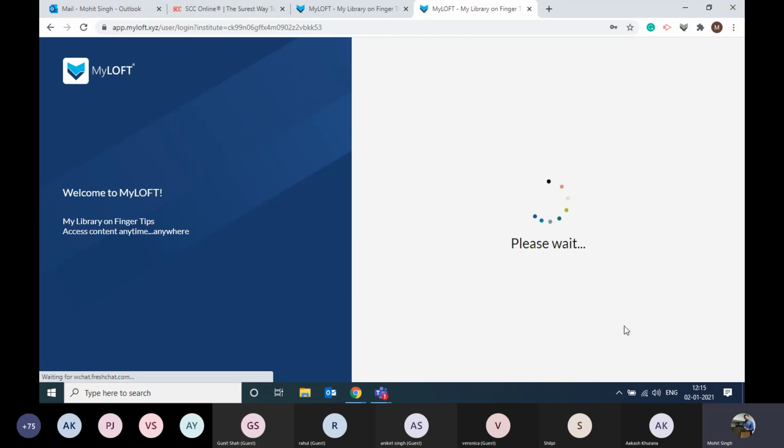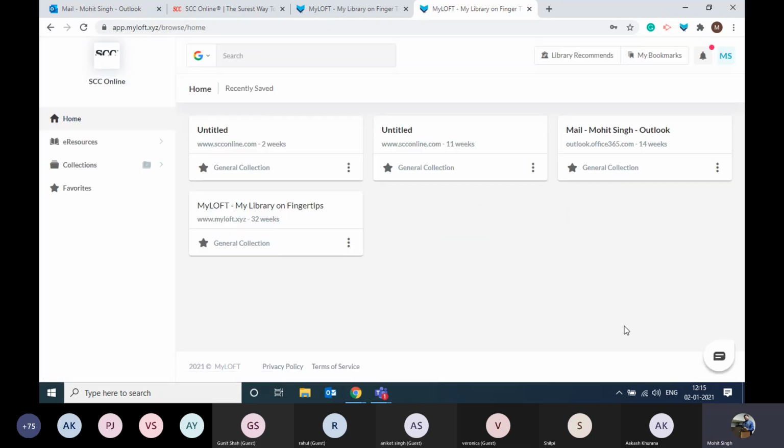Students can unmute themselves right now if they want to ask me whether they have any doubts regarding the MyLoft or not. I repeat it again. If you have any doubt regarding the MyLoft, regarding how to register yourself in MyLoft, please unmute yourself, because this is the most crucial process in the whole session. Unmute your mic and ask me if you have any doubts regarding the MyLoft registration and the login process.